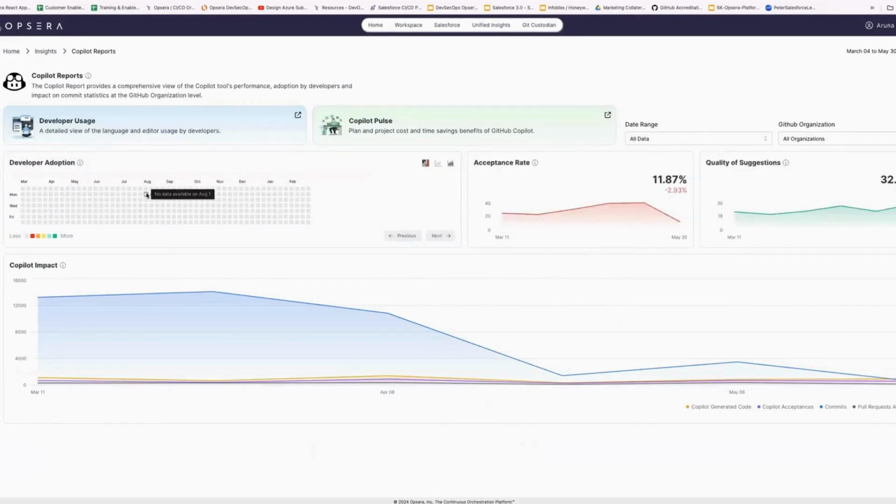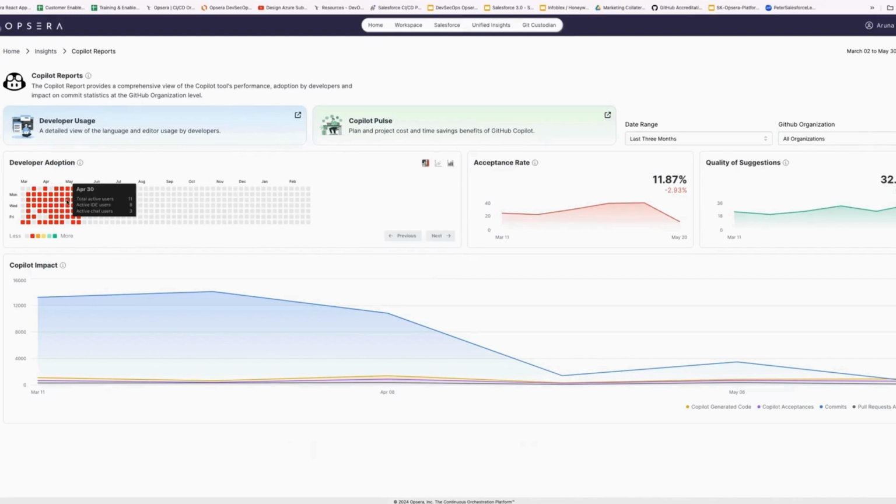What you see is basically the whole report from the GitHub Insights and GitHub tool registry that we have hooked up into, getting the data from the telemetry of that. At layer 1, you see the developer usage, the Copilot pulse, the date range for the last 3 months, and then overall all organizations. We can even have organization based or project based views for your company. And then from here, you can see the developer adoption rate, where we can see the active